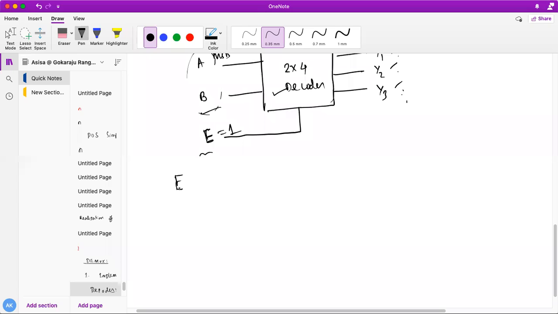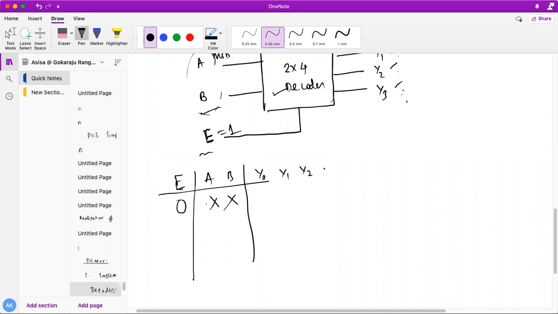If my enable signal is 0, then whatever my A and B are, don't care, 0 or 1, 1 or 0, it will not bother about it. It will not generate any minterm, so I will not get any output. All the outputs are 0, 0, 0, 0. Any doubt on this, students?